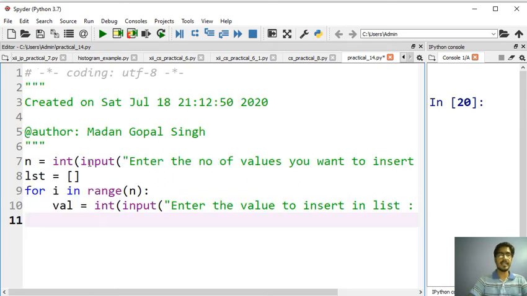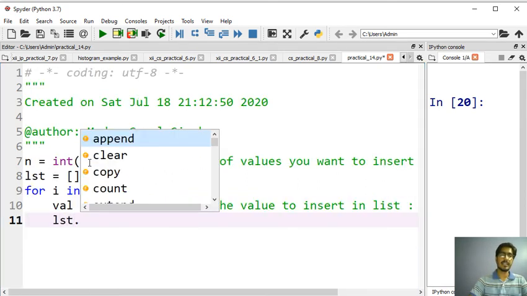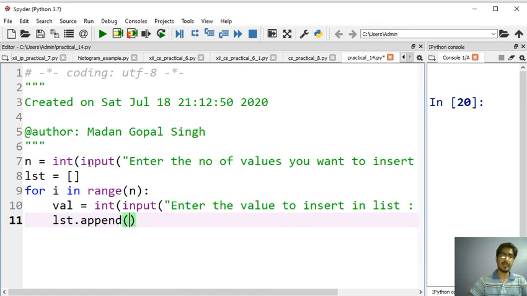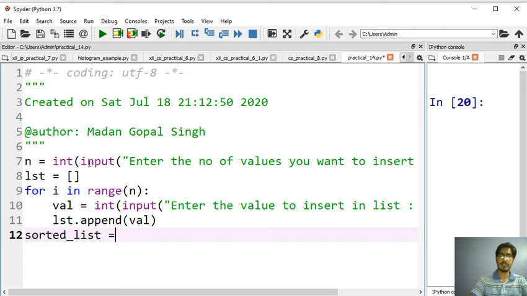Let's say the user will enter it here, and I will insert this value in the list using the append method. After this for loop execution, I will sort the list using the sorted method of Python.